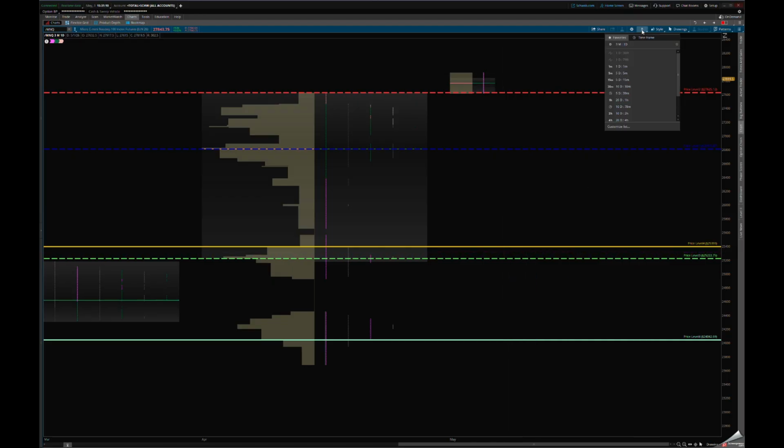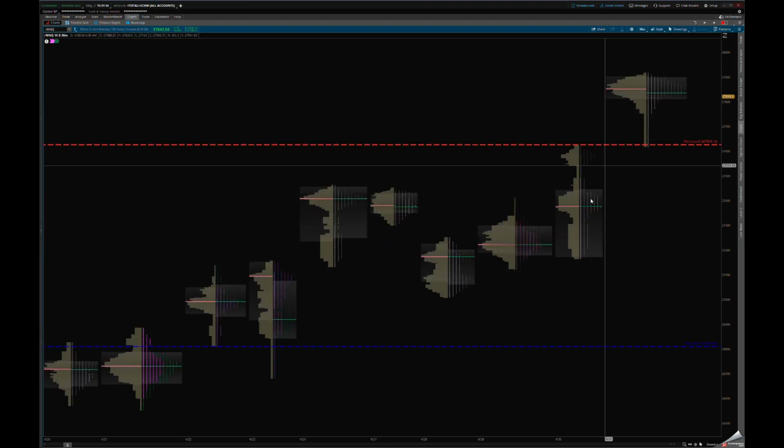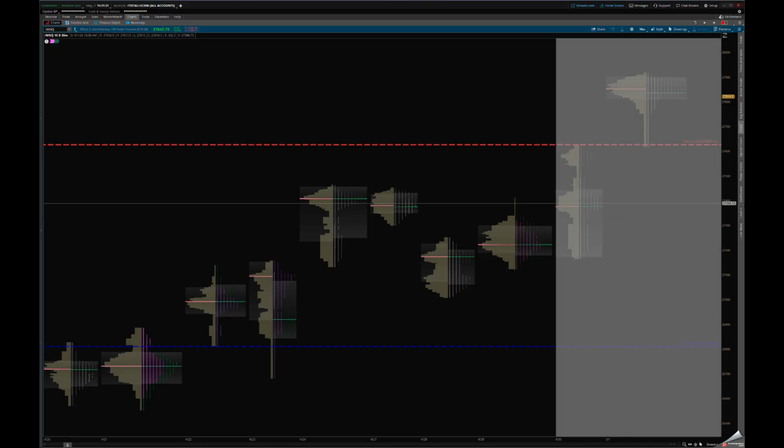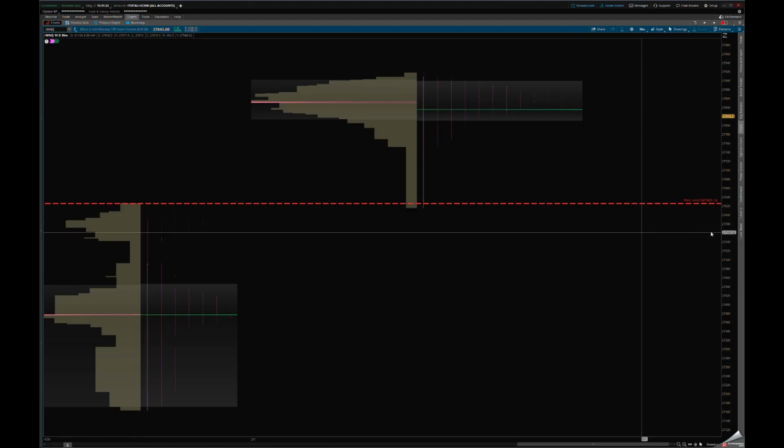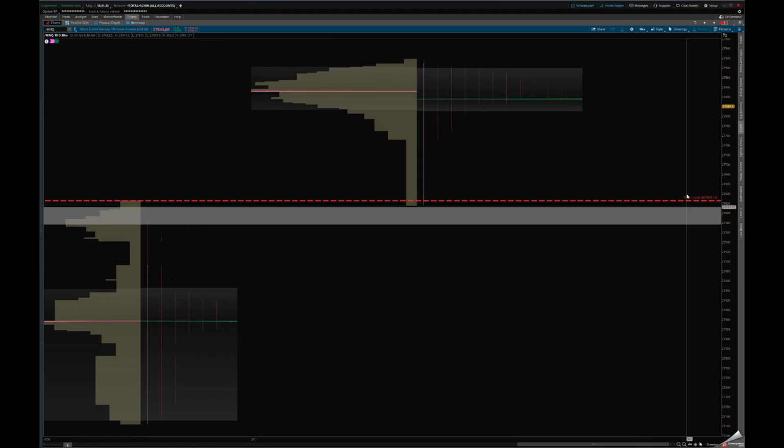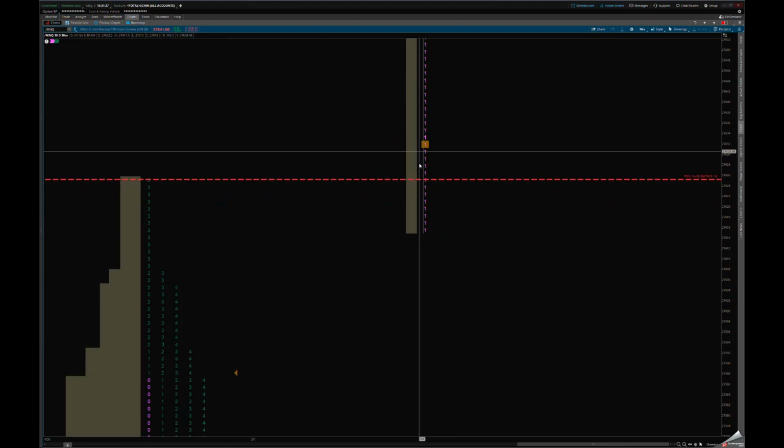And I'm going to go to a 10-day chart to show you how they will look. 10-day, 30-minute. So this is the point of control. You can see between here and here, the NASDAQ, when it came back in the overnight, it tested the Thursday's high. This was the Friday. You can see it came into it and ran back up.